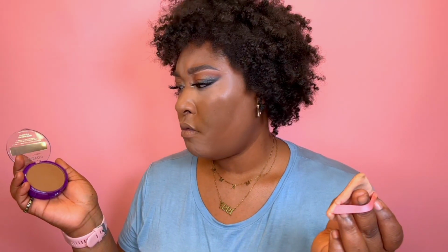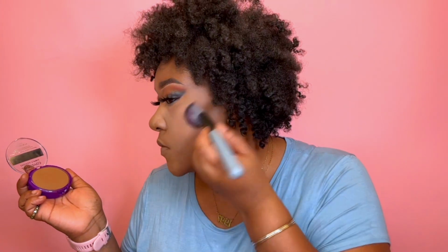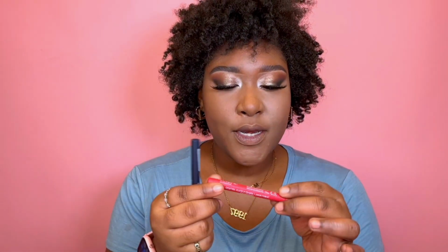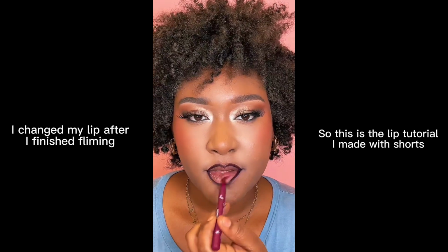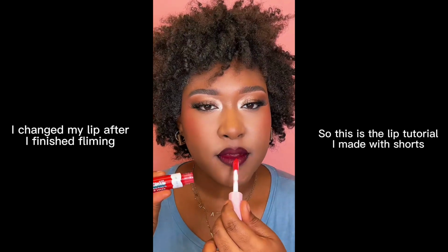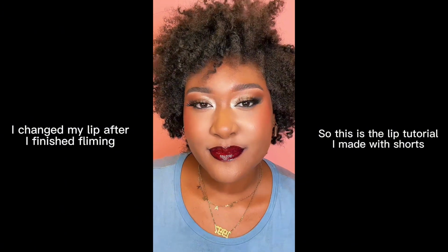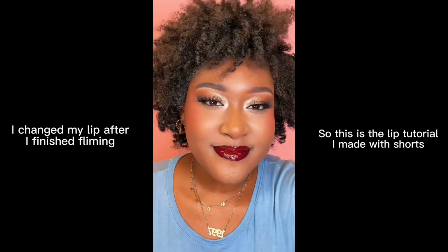Oh, that is not, what the, this as the contour. It's very pigmented. To finish up, I'm gonna use one of their fun Halloween liners. This is my final look